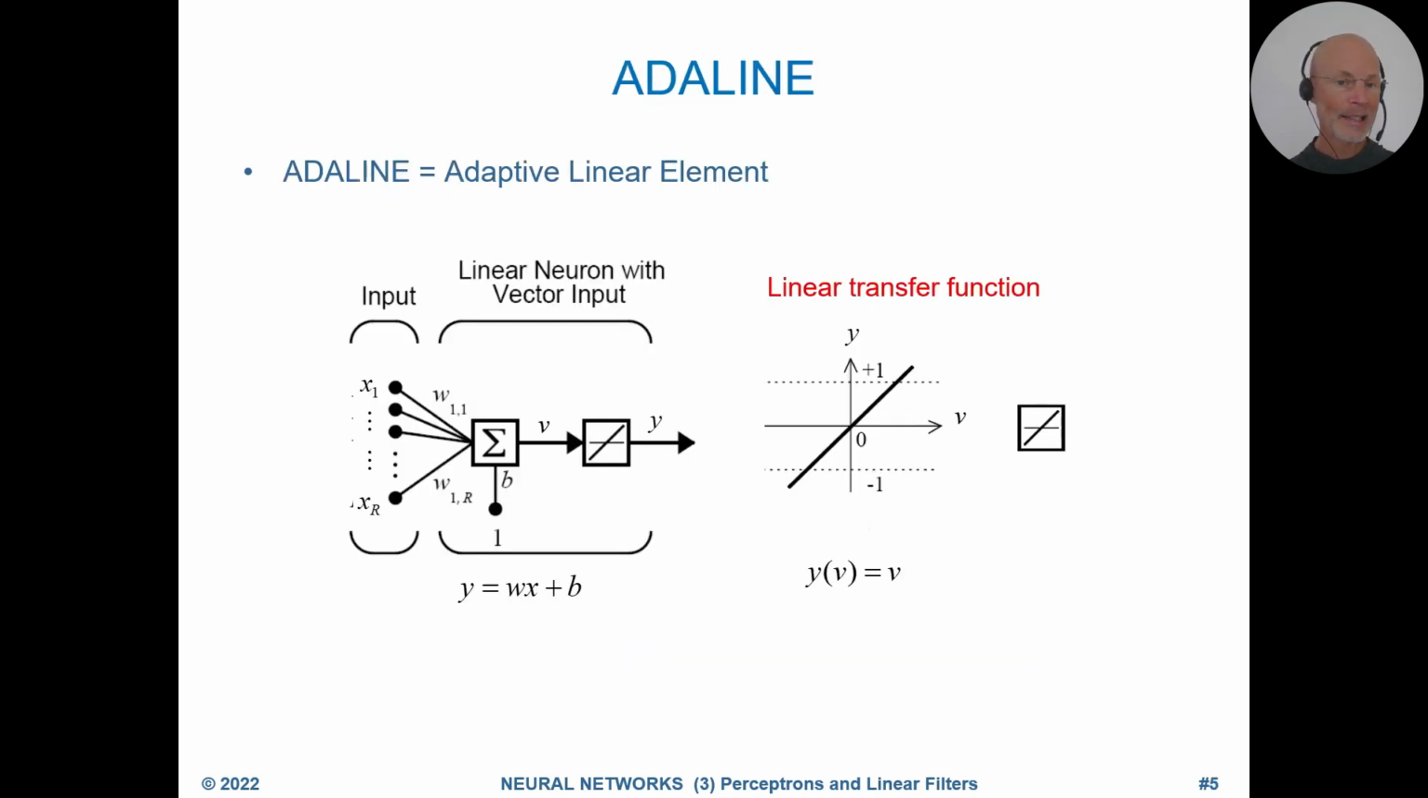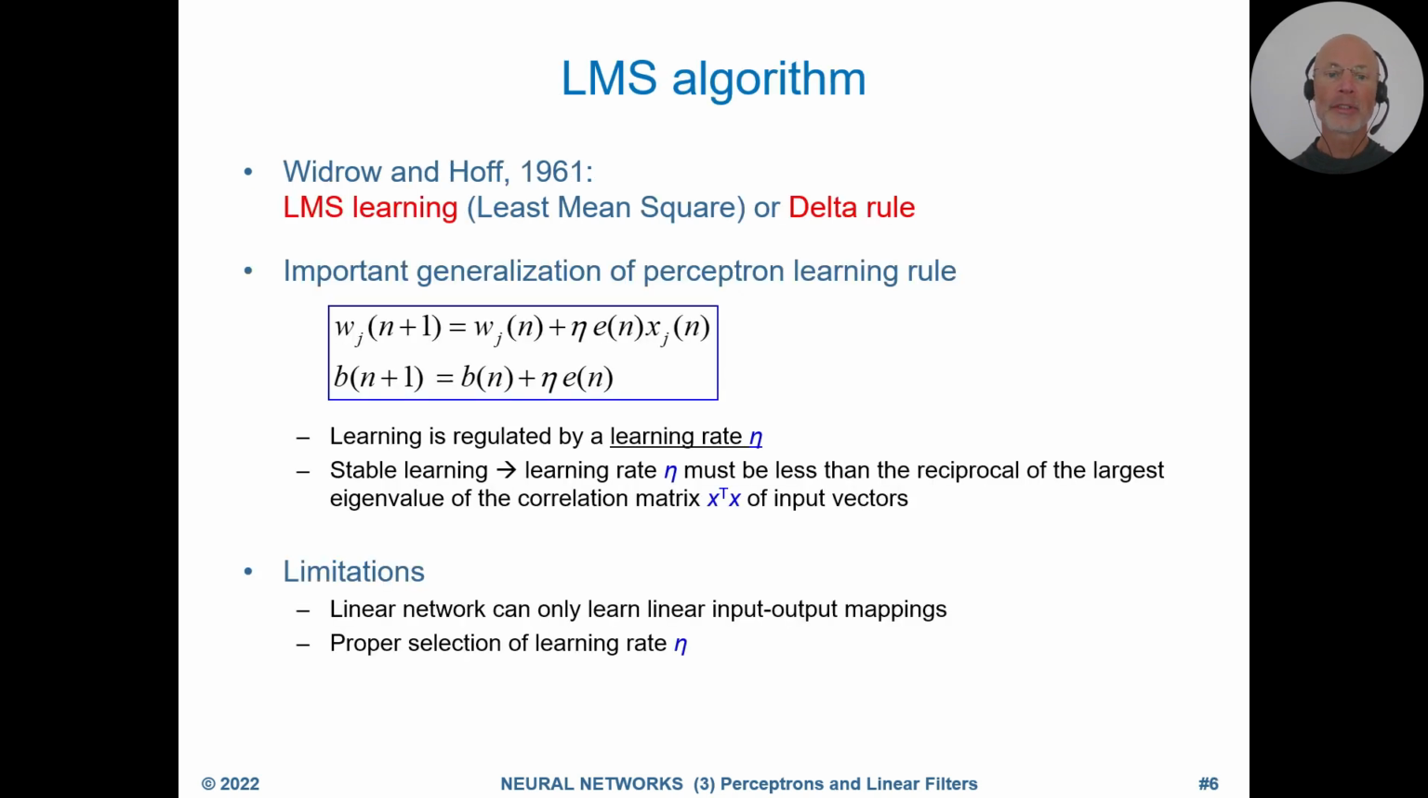The next element is Adaline. It is adaptive linear element, which is also a simple neuron but with linear activation function. And Adaline can be trained by LMS algorithm, that's least mean square learning rule proposed by Widrow and Hoff. And it's an important generalization of perceptron learning rule because it additionally introduces the learning rate to regulate the learning